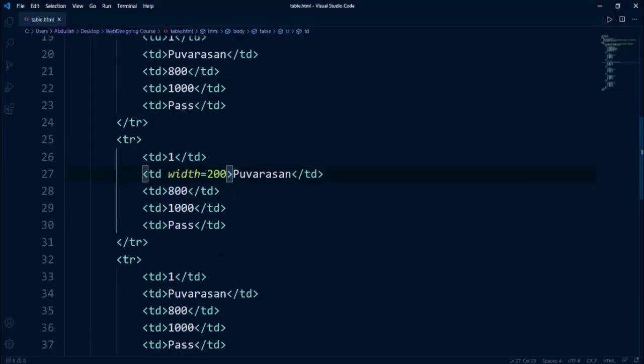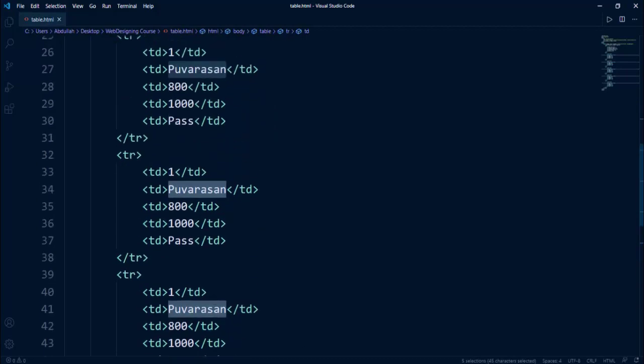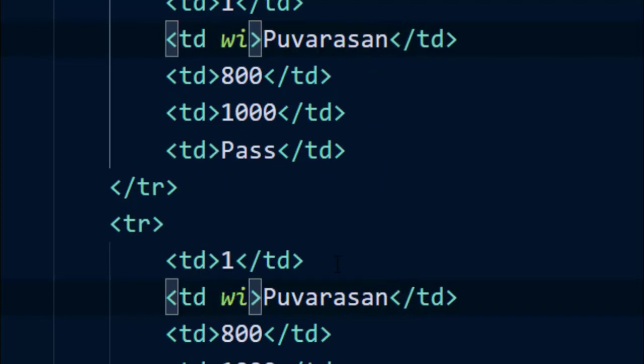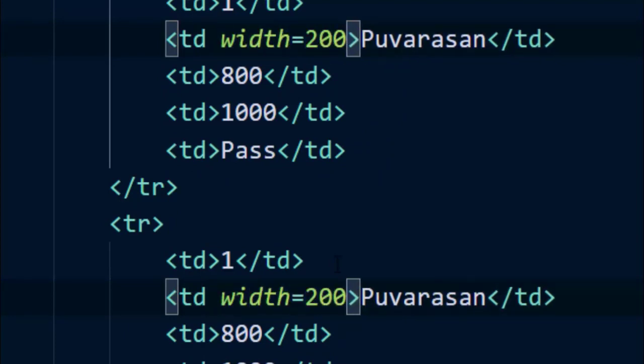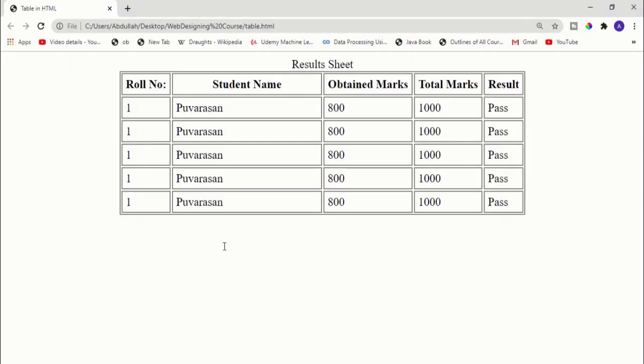Now Visual Studio Code provides you a lot of flexibility. First I will remove this. I will show you a trick. You will select this, and now everything is selected. You will press Ctrl F2. Now you can see the cursor is right here, here, here, and if I go down, on every highlighted text we have a cursor. Now how do we use this? We go back in the td tag, we add a space, we say width is equal to 200. You can see for every row it is added. I will save this, go back in the browser and refresh it. Now you can see this is your table.